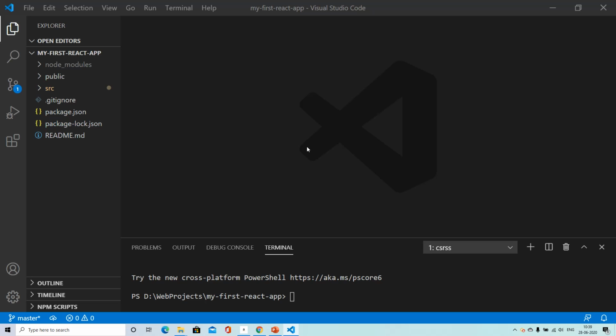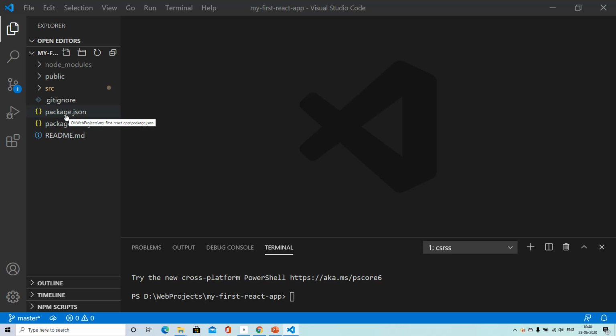Basically, this is the application that was generated for us when we used create React app. So I've opened this application in Visual Studio Code. You can use any other editor of your choice, whatever you prefer. First thing to note here is the overall folder structure. We have the node modules folder where all the npm dependencies are installed. Next we have the public folder where all the assets that will be served as part of our client requests are located. Then we have the source folder where the source code will be located. And finally we have the package.json file.